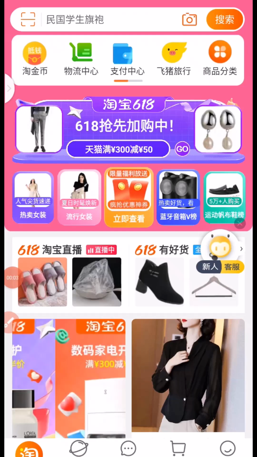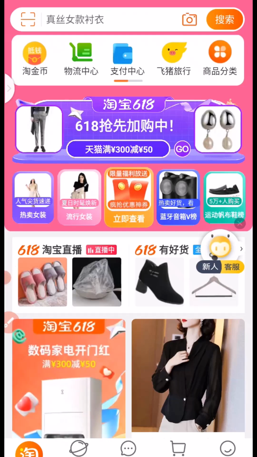In this tutorial, you are going to learn step by step how to apply for a refund on Taobao,